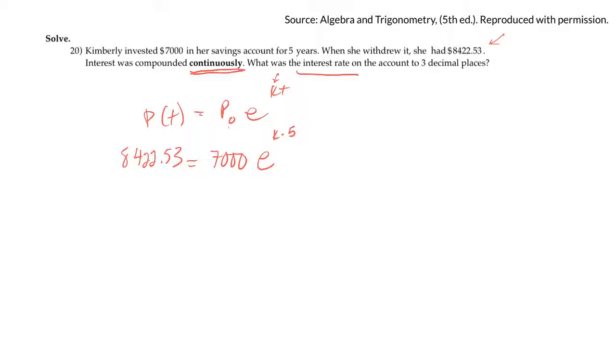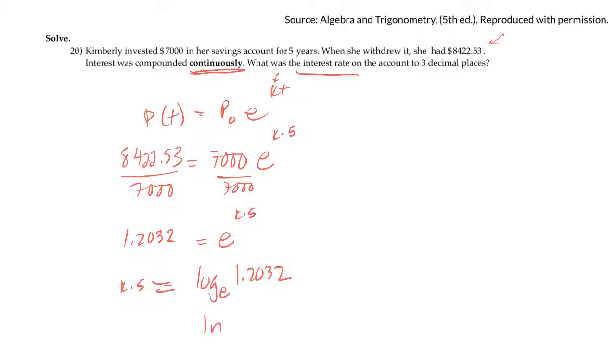Same formula, I do the same thing. Divide both sides by 7,000. So on the left, I get about 1.2032 equals e to the k times 5. Change it to log form. So k times 5 equals log base e of 1.2032. That's the same as ln, and I'll divide both sides by 5. Okay? So that comes out to a k value of